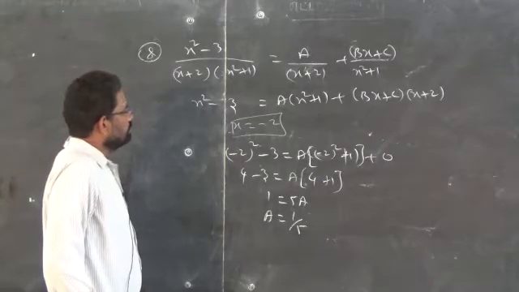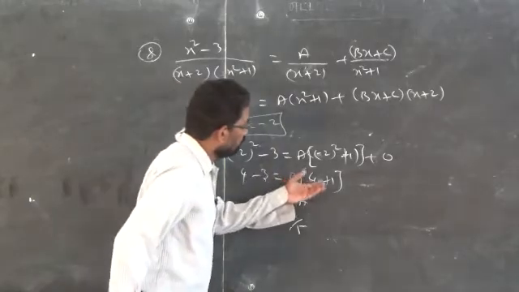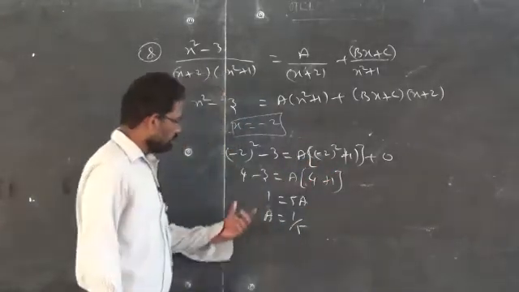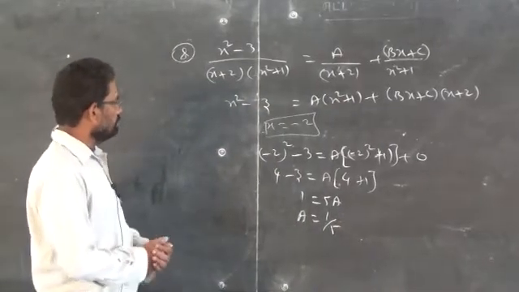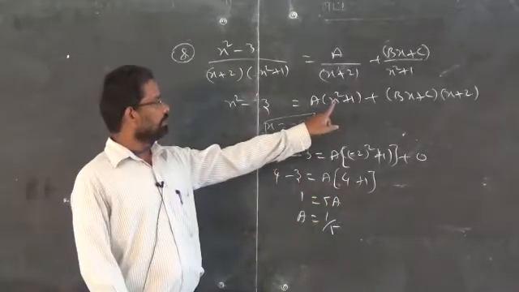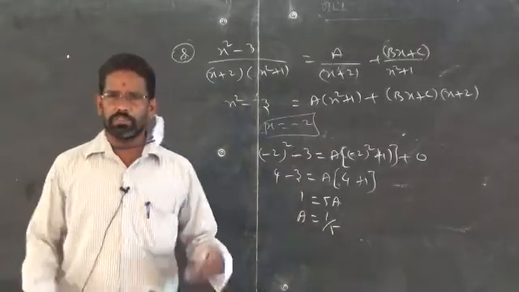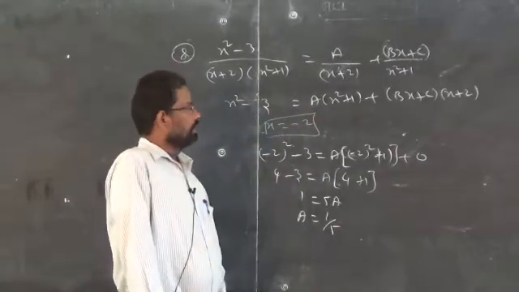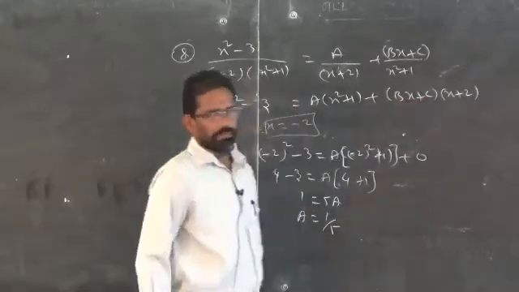Clear? Check your calculations. I told you already, don't simply copy from the board, check the calculation. These are all very simple calculations that you learned already in the lower classes. A is equal to 1 by 5. After that, I don't have a chance of making any term 0. Do you have any possibilities? If you replace x equal to minus 1 over here, minus 1 the whole square is plus 1, so the term will not vanish. No possibilities. If you replace x by 0, only this term alone will be 0. C will be the remainder.